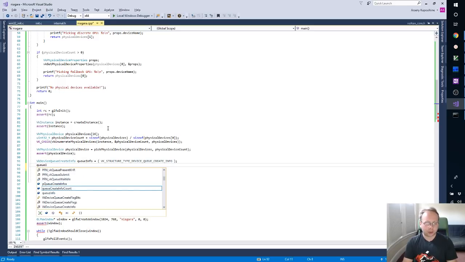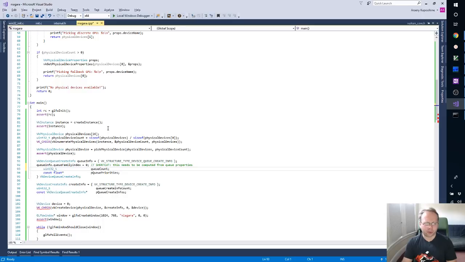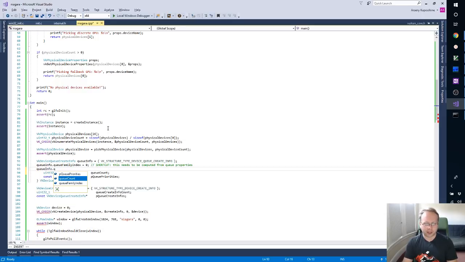We'll assume that the family index is 0. Shortcut, this needs to be computed from queue properties. And then maybe we'll get to it, or maybe we won't. Theoretically, 0 might not correspond to a queue that can do anything useful on some GPUs. And